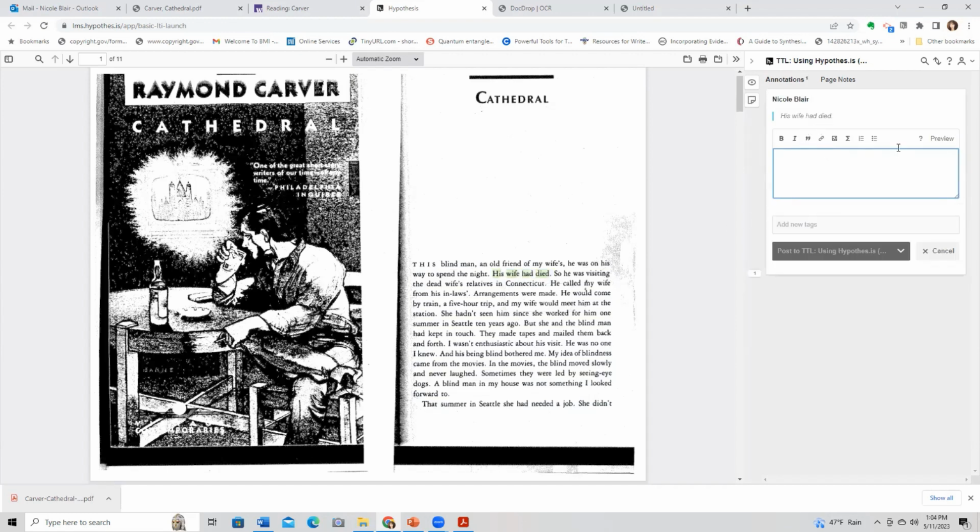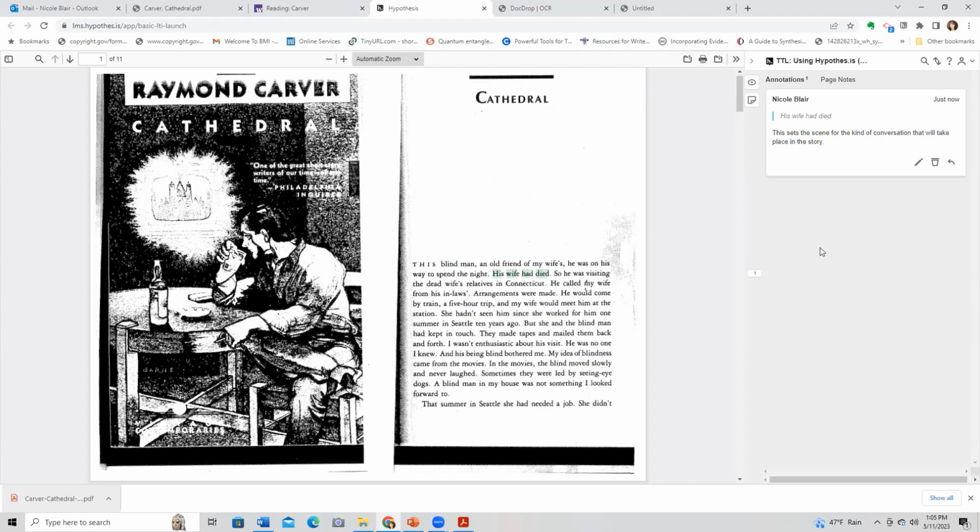His wife had died. This sets the scene for the kind of conversation that will take place in the story. Then you hit post, and there it is.